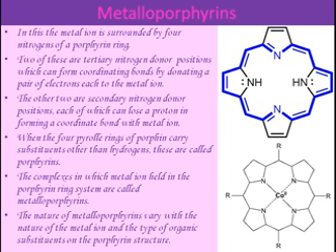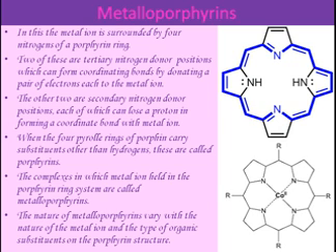The nature of metalloporphyrins varies with the nature of the metal ion and the type of organic substituents on the porphyrin structure. For example, a metal ion of appropriate size will sit at the center of the porphyrin ring, surrounded by the 4 nitrogens of the pyrrole, forming a square planar geometry. For this incorporation of the metal ion inside the porphyrin ring, the size of the metal ion is very crucial, because when the size of the metal ion is smaller than the ideal, then the ring will be reluctant to accommodate the metal ion precisely.